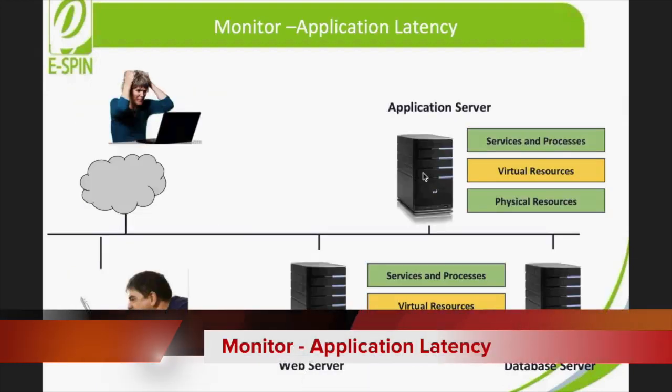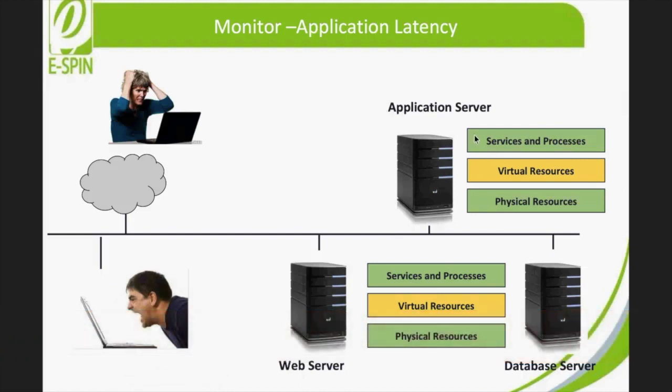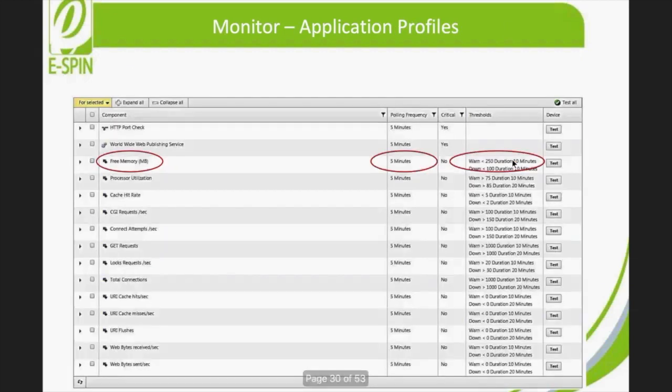So application latency is a classic issue for everyone, because of the application server, web server, and database server. For really big and complex applications, you are never running in a single box. And then the user sometimes is not in the enterprise network, they are outside, and they have the latency. All those things create a very bad experience. So the key thing here is how to create a custom complex application